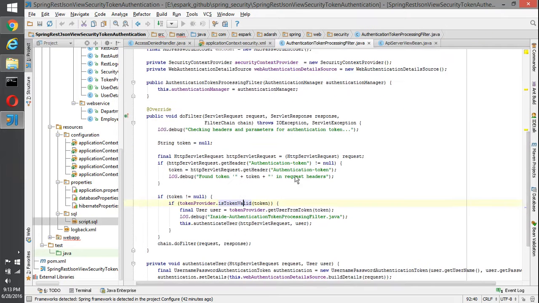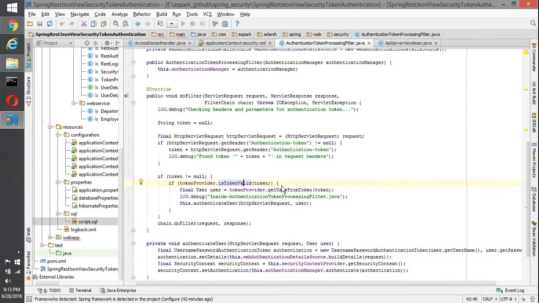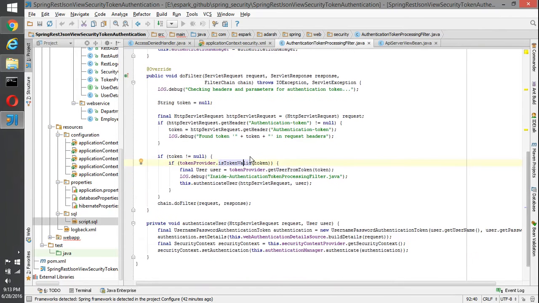So let's get into the token provider, where, suppose this is the second time we are getting a token, we are making a request after. So the first time when we make a request, it will not come here, it will go to the controller, we'll set the token and all, and we'll return back to the client. Then the next time the client will set a token in the header and send the request back to the controller, where we will get the token here.